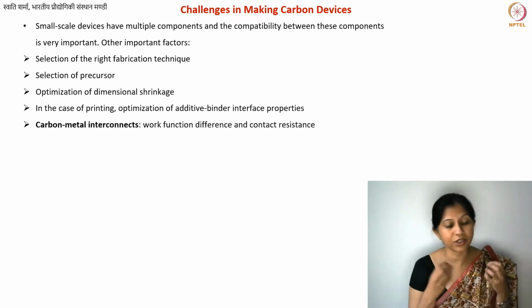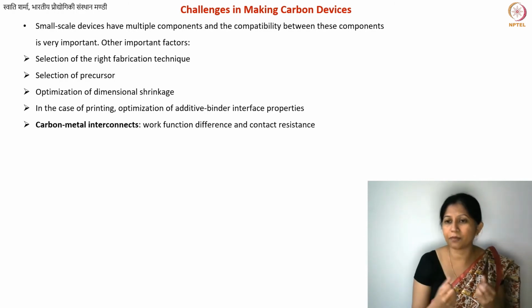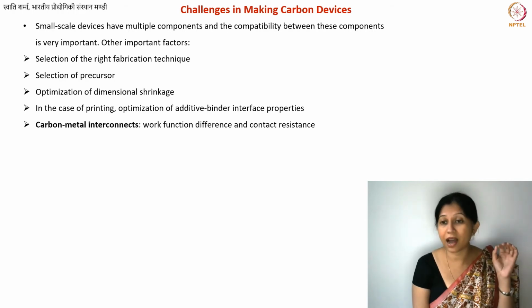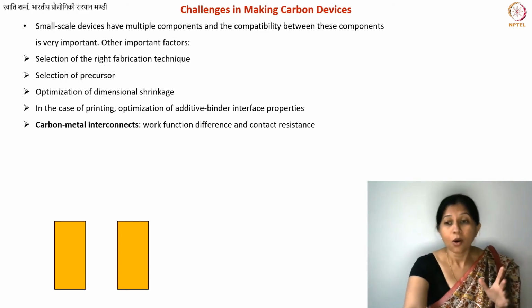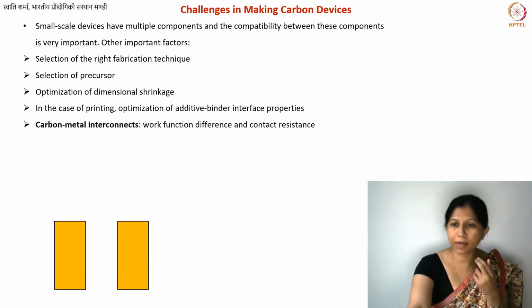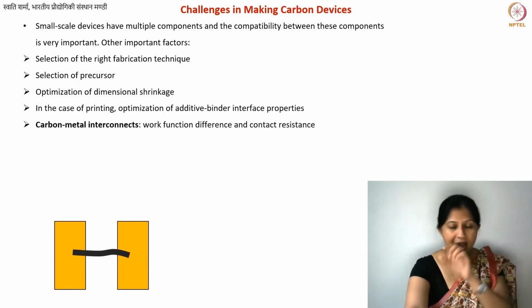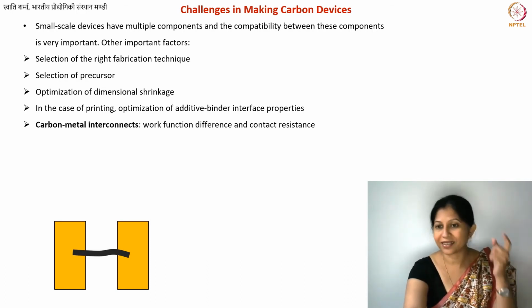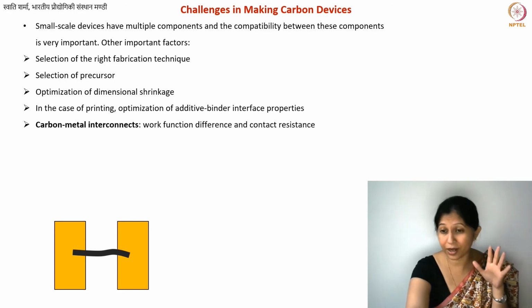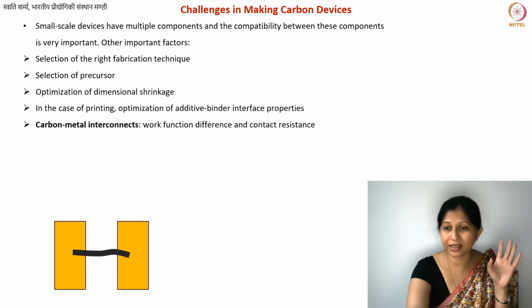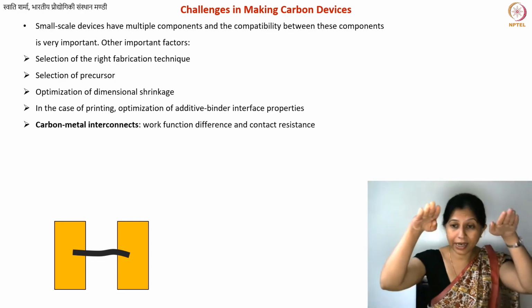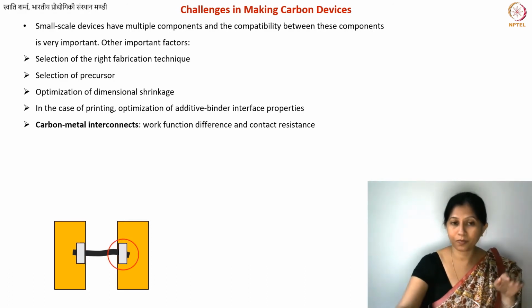Maybe you have a sensor which already gives you a very, very small reading, and then you have contact resistance. In that case, it can often become a challenge, and so this is one issue that needs to be solved. What you typically do is, let's say here I have a metal or any substrate, and then I have a carbon nanotube. Somehow I was able to place it on top of that. Single carbon nanotubes, it's nanoscale, right? But somehow, let's say under the microscope, using certain specialized techniques, I was able to place this carbon nanotube across this contact pad.